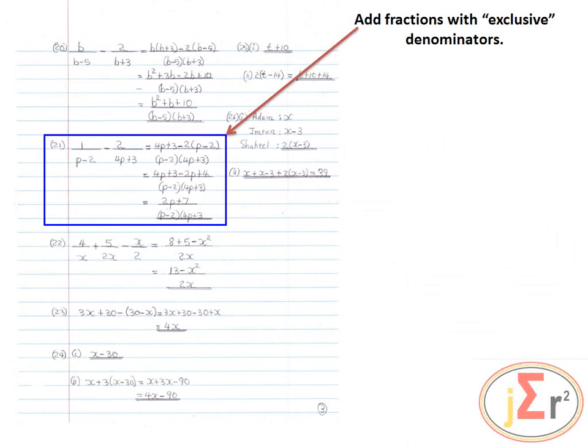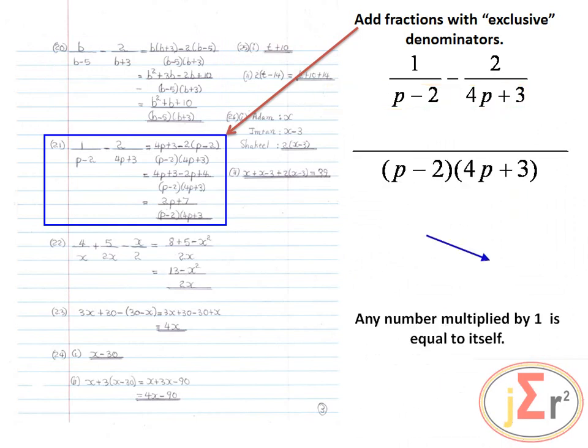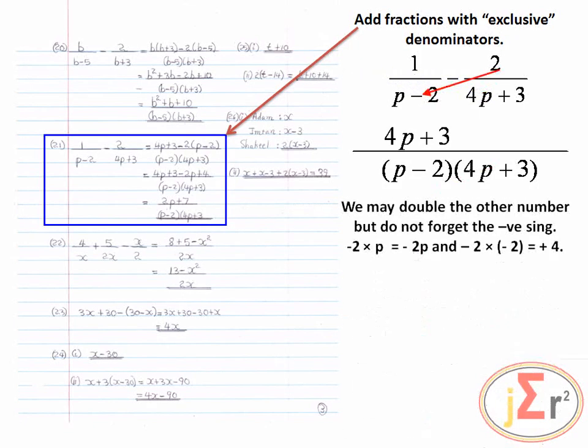And no doubt we will continue in the same vein, adding fractions with exclusive denominators in the same way. Those two. What else? Those two. Right there. But let us take a second look at this one, because it might be a little bit simpler